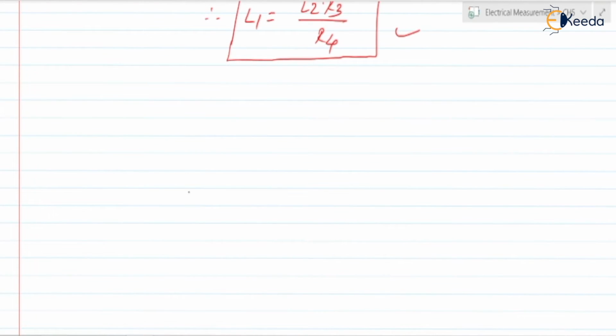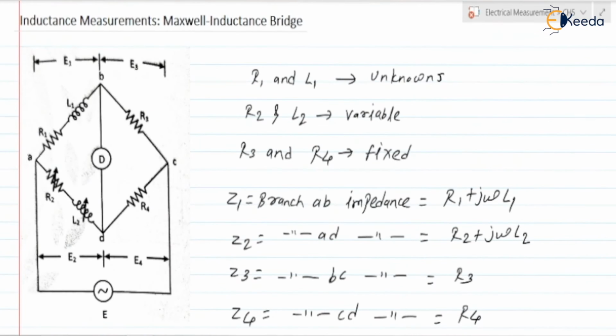Phasor diagram. So here as we know at bridge balance I1 and I2 both will be the same. So what is I1, I2? You can write here this current is I1. Next this is I2. Because at bridge balance the current flowing through the detector will be 0. So this current I2 should be equal to the current in this branch, that is I2. If here it is I1, definitely here it will be I1 only.